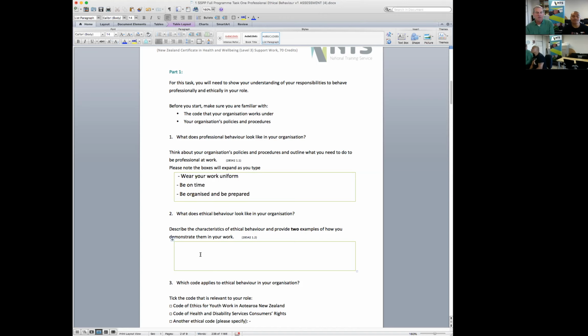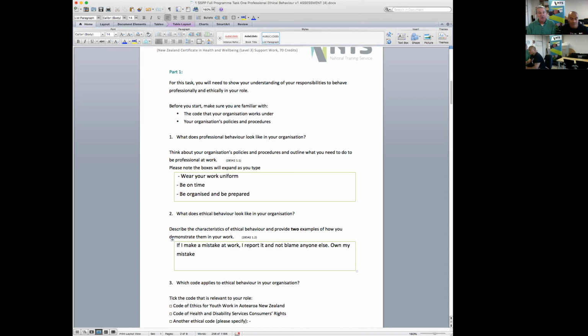An example of being ethical in your work would be that if I make a mistake in my work, I'm upfront about it. I report my mistake to my manager, and I don't try to blame someone else for an error I have made. You've got the choice of either blaming someone else or denying you did it, which is unethical, or you've got the choice of owning up and saying, yeah, I'm sorry, I made a mistake, it's my fault. Okay, great.